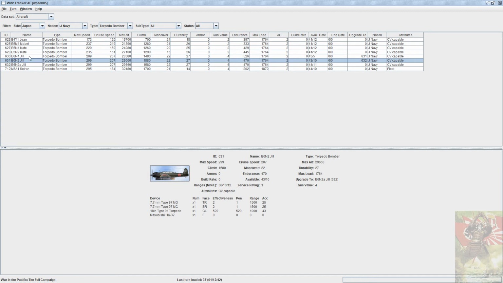And that guy, you can compare it. It is really much faster. 235 to 300. Whoa. In speed it's all. Yeah, no armor, no radar, but a lot of speed. So I would say